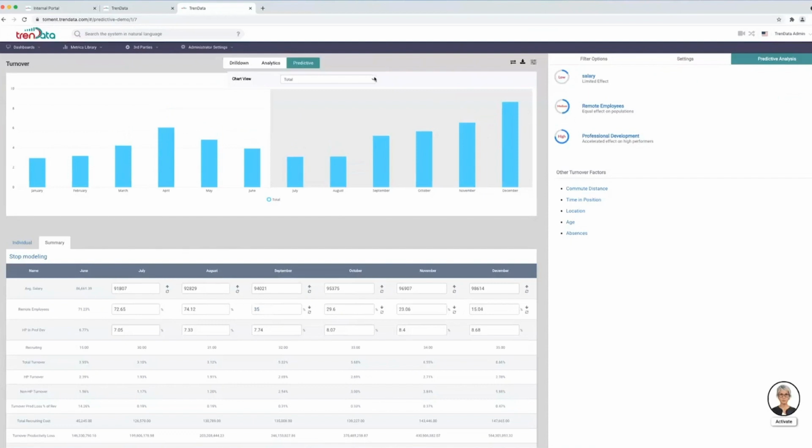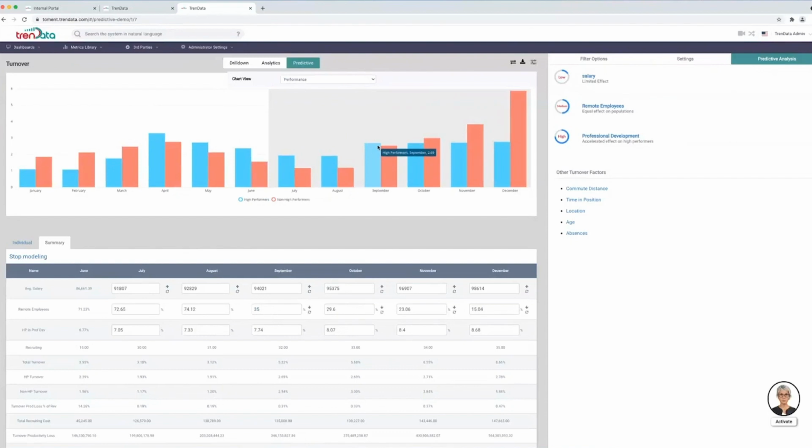Now, I might want to filter this and see who I'm exactly losing. So, for example, filter this by performance. And it shows that most of the people I'm losing are going to be non-high performers, and I might be okay with that. But there is also a spike in the high performers, and you definitely want to lock that population down, which brings us to this last analysis of professional development that said it's very high, has a high